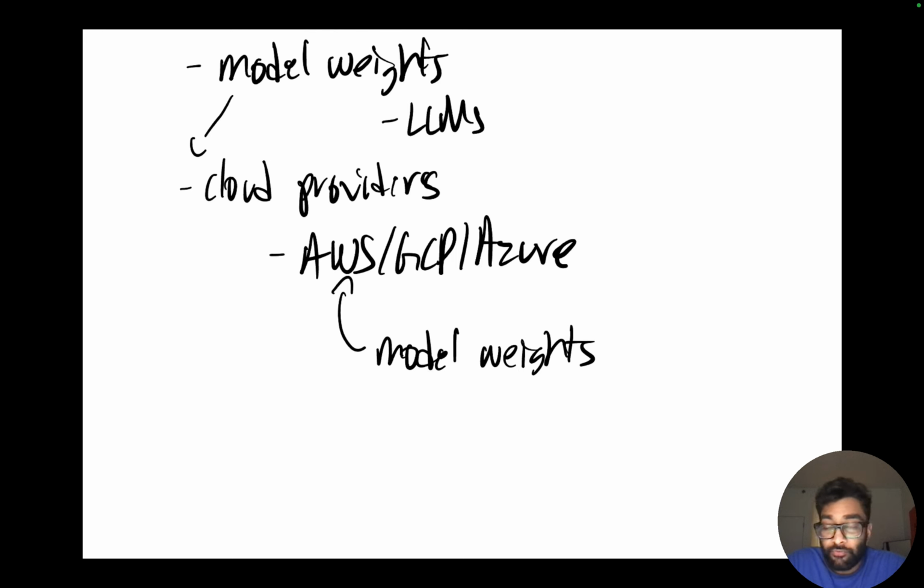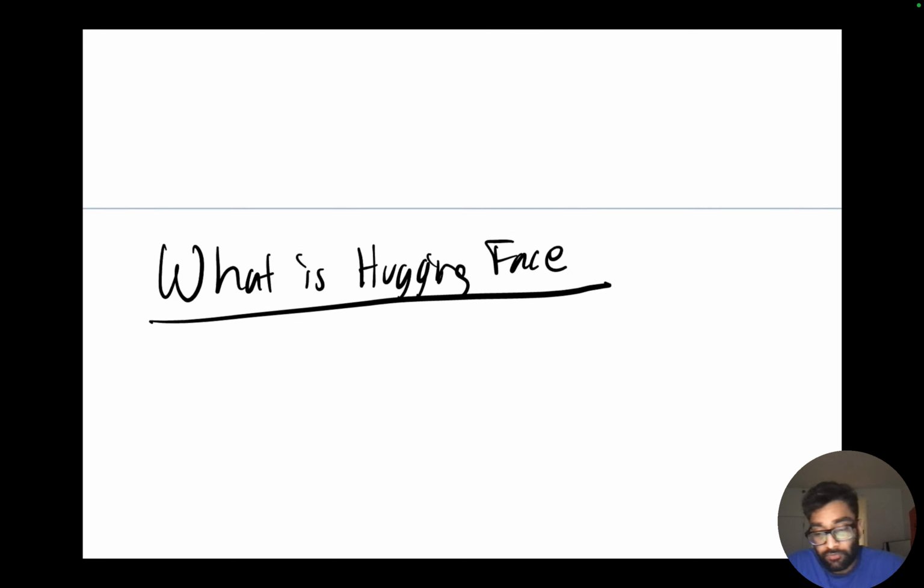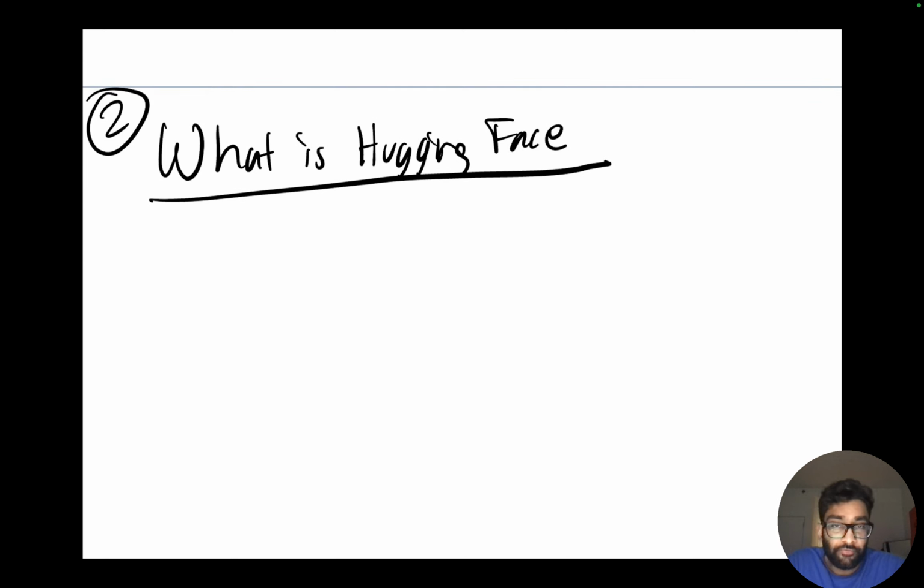The second question, before we even get to AWS here, is what is HuggingFace, and where does it come into play? So these model weights that we're talking about, oftentimes you can build your own machine learning models, and you can have your own artifacts and your own training loop. But there needs to be a bit of a community, for those of us that are not data science builders. I'm personally an ML engineer, I don't know much about model building itself. For those of us that might want to access certain pre-trained models and just take their weights and deploy them, let's say we're happy with that model and the way it's performing for inference and it fits our use case,